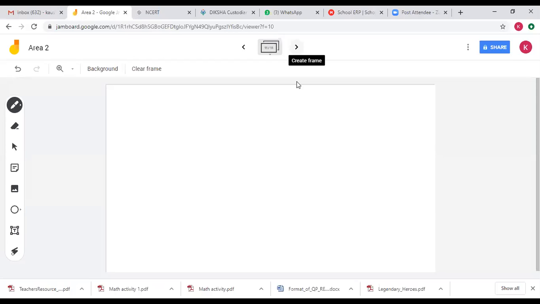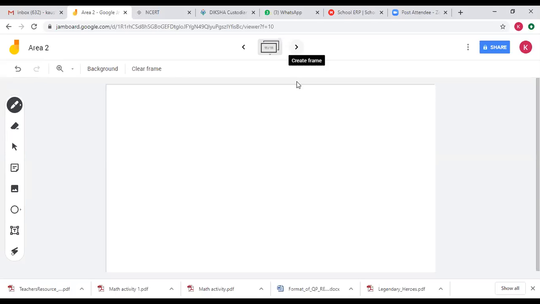The perimeter of a playground is 72 meters. If the width of this playground is 18 meter, find its length. We know perimeter of a rectangle is 2 times (L plus B). If you want to find length, then it becomes perimeter divided by 2 minus breadth. So perimeter is 72 divided by 2 is 36. 36 minus 18 it is going to be. So the final answer is again 18. But you will have to do it on your own. I am not going to solve it for you. Question number 4 is going to be homework.